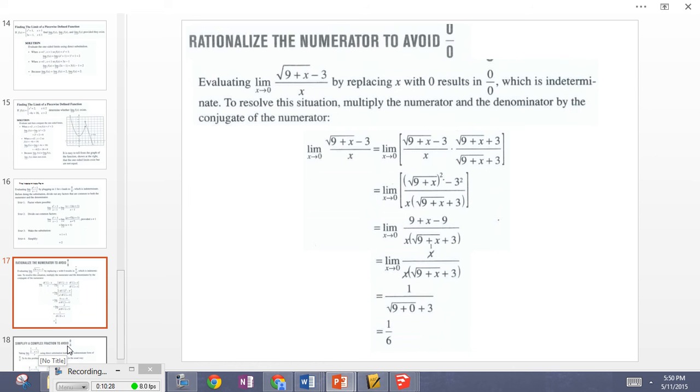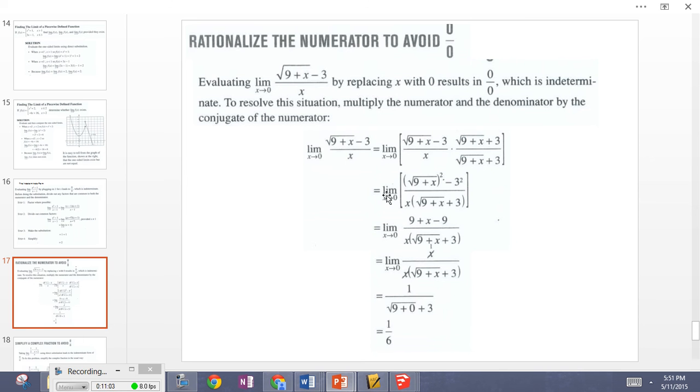It also introduces us, or reminds us, of something called the conjugate, which is two expressions which can be put into the form A plus B, A minus B. The conjugate of A plus B is A minus B. The conjugate of A minus B is A plus B. When you have expressions of that form, you multiply by the conjugate over itself. That's multiplying by 1, which has no impact except changing the form, allowing us to evaluate by substitution